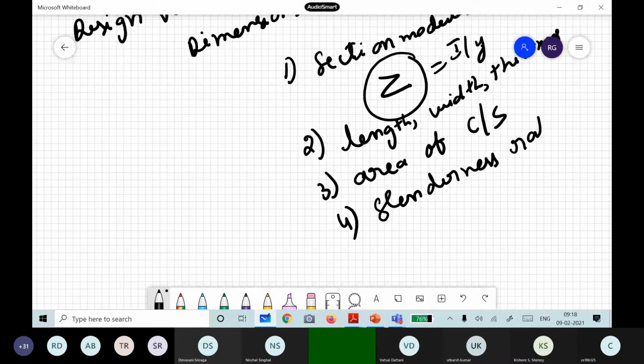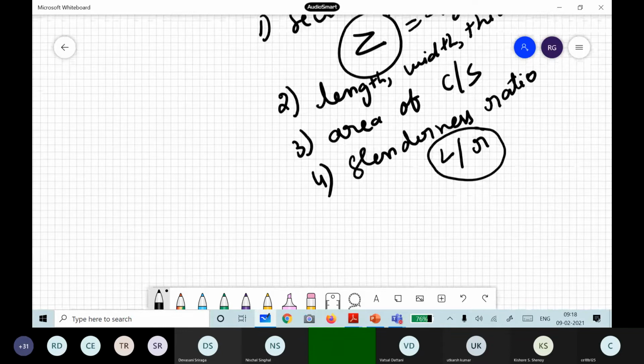What is the expression for slenderness ratio? It is the ratio between what to what? Define. Length to radius of gyration. You followed, right? So these are all the design variables: section modulus, slenderness ratio.